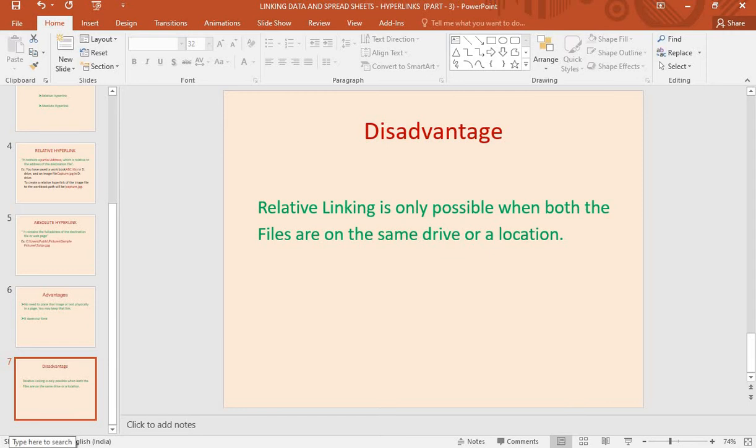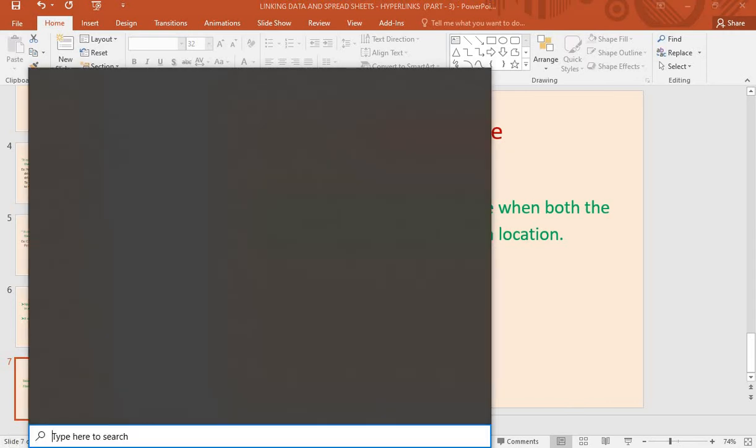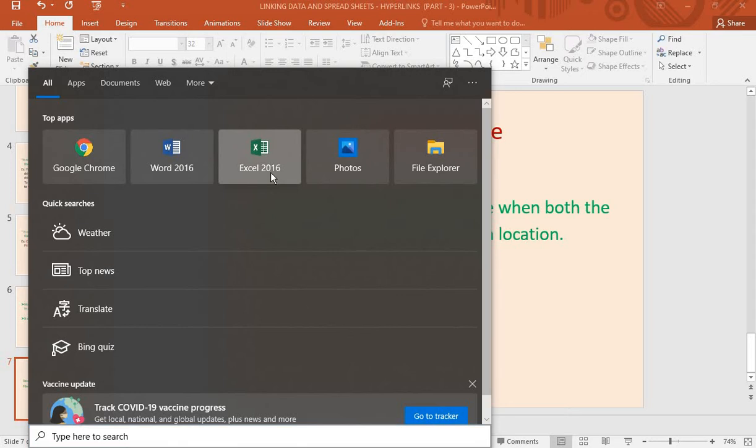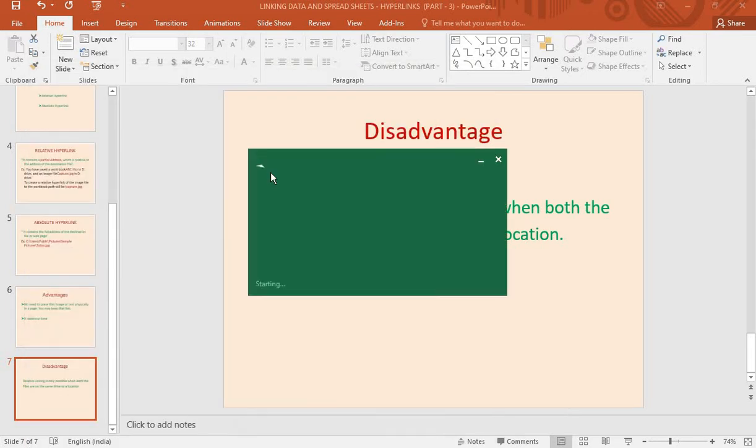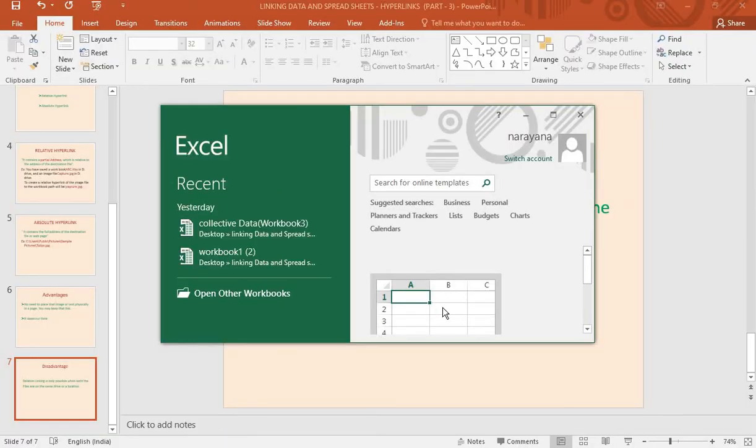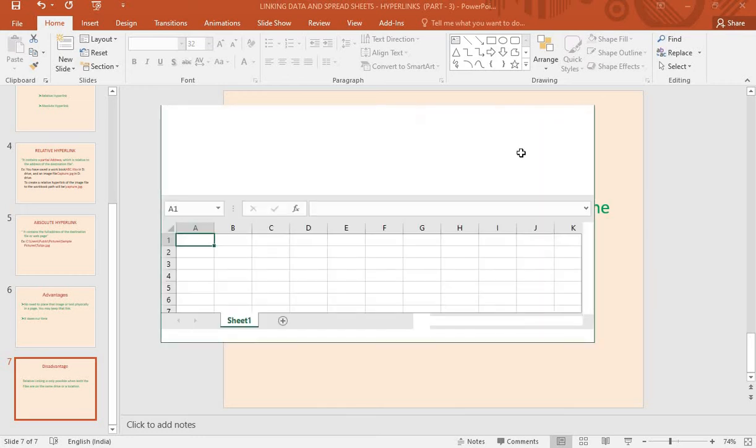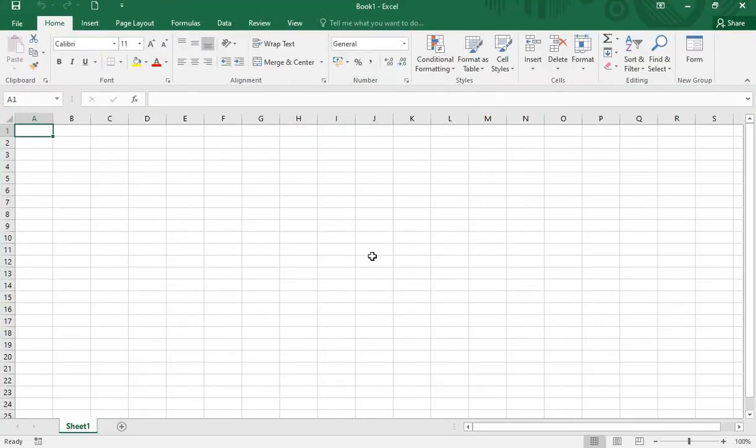See here, now I am opening Excel. See children, I have opened Book 1, a new book.